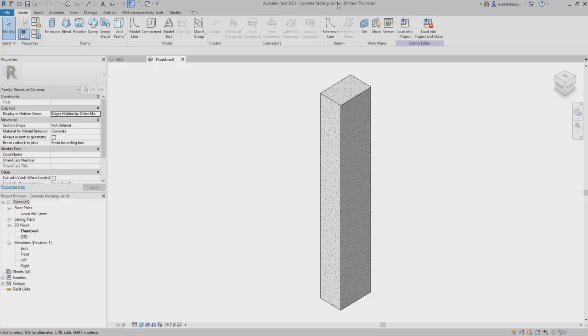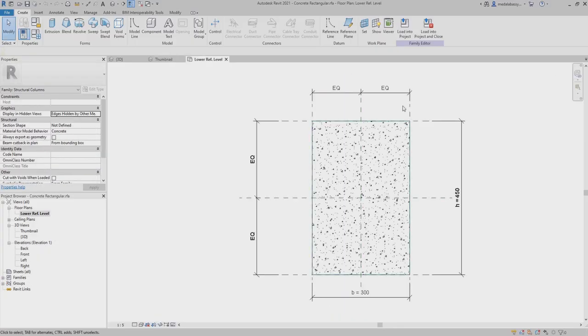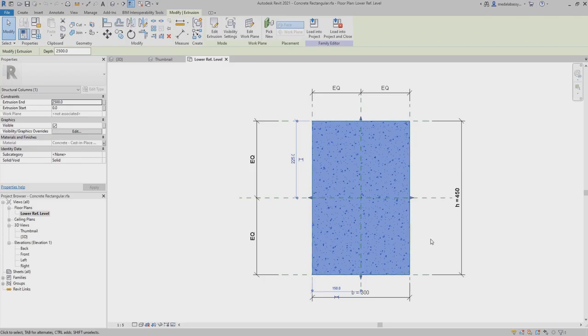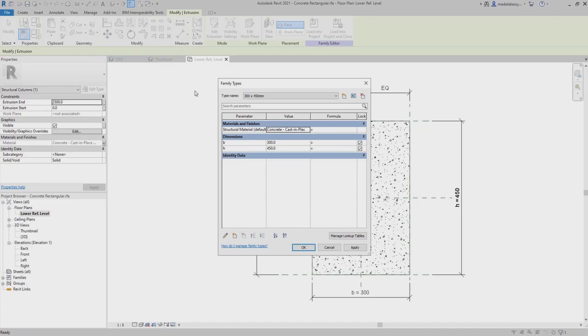It's a concrete rectangular.rfa, and you can see it in the plans that the column is 300 by 450 millimeters. So to change the column's parameters, you go to family types and then change the values here as well. So if I do them as 600 and 600,